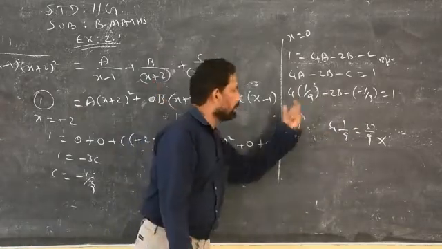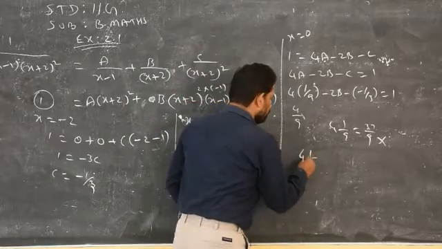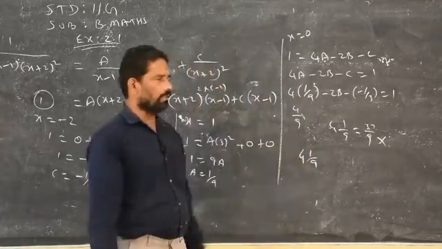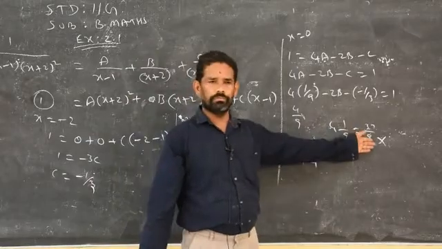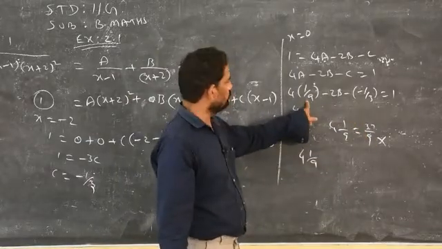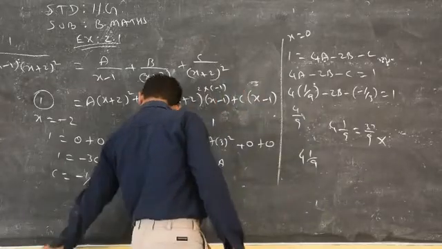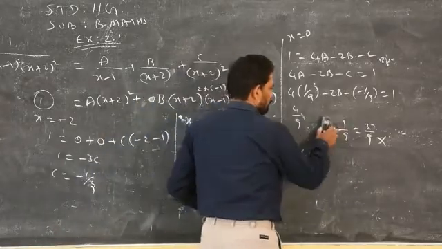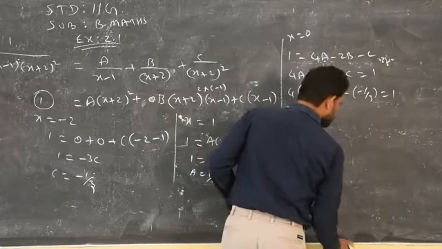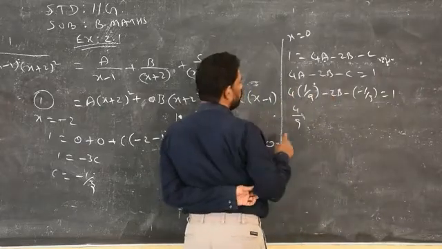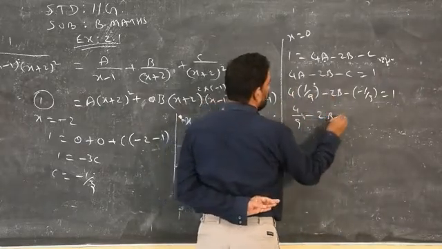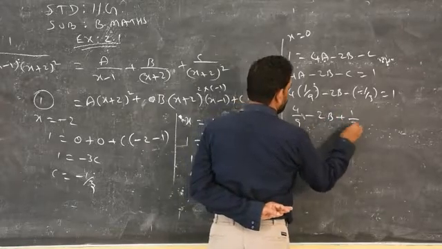That's why I am introducing the bracket. When the bracket is not there, you may think this is a mixed fraction, and you can write it in the proper one. But I am using the bracket, which means 4 into 1 by 9. Don't go from proper into improper, into mixed one. So 4 by 9 minus 2b, minus into minus plus 1 by 3 is equal to 1.